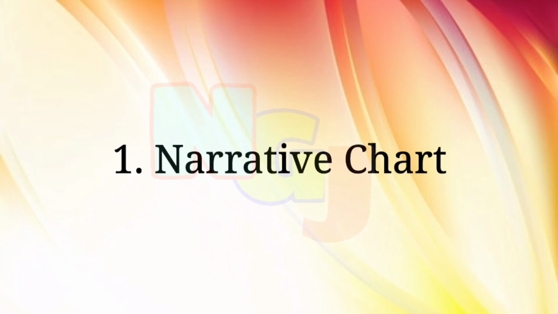Remember, this narrative chart always extends from left to right arrangement. The facts and ideas would be arranged from left to right. The facts would be on the left side and the ideas expressing those facts would be on the right side. So the narrative chart would be on the left to right arrangement.